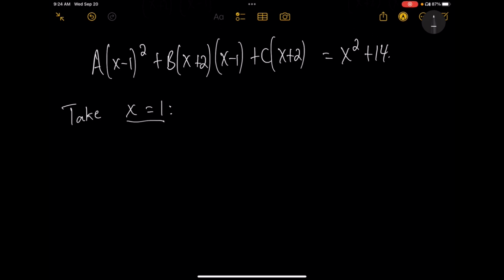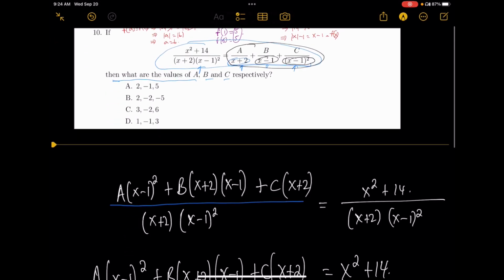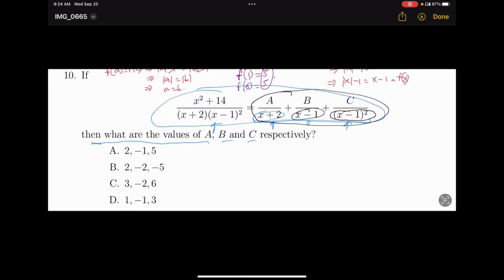ለዛ አሁን ጥያቄው a b እና c ባናቸው ነው። take x to be equal to 1. left hand side ላይ ማን ይሆናል? ያው 1 minus 1 0 ነው። ለዛ c times 1 plus 2 ያው 3 ነው is equals to on the right hand side ላይ x 1 ስትሆን 1 square it's 1 plus 14 it is 15. ለዛ which implies that c is equals to 15 over 3 which is equals to 5 ማለት ነው። c 5 ነው።